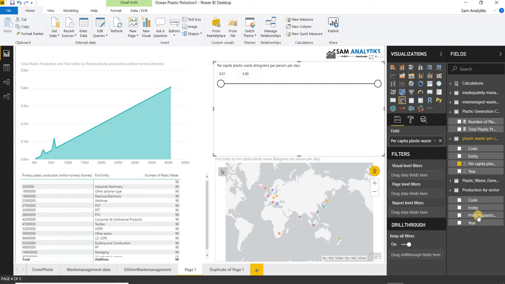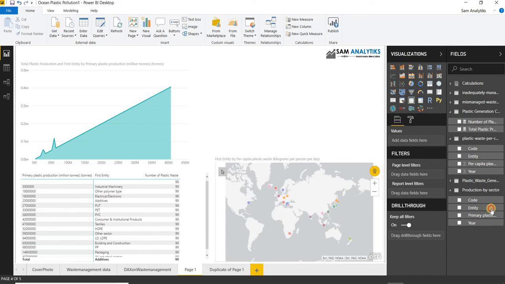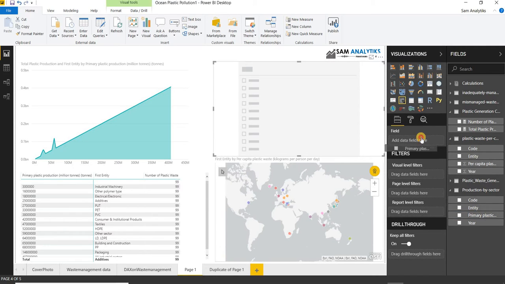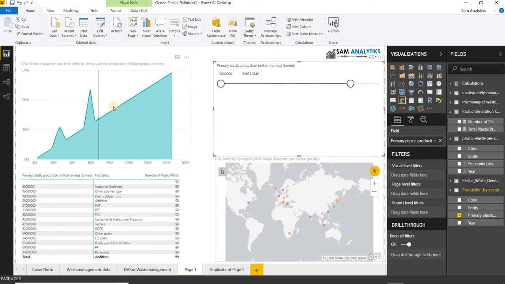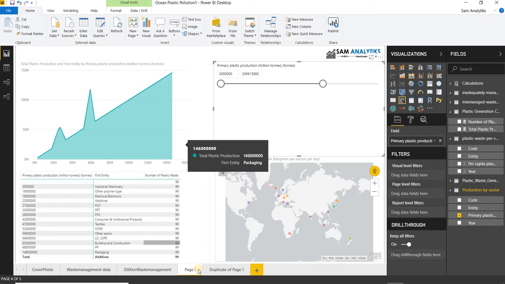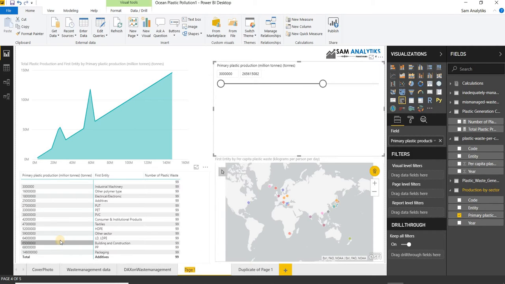But if I am taking the plastic production by sector and I simply remove it and I take primary plastic production by sector, you can see that the spikes are very well going to the top, and that is actually creating a lot of challenges and problems to this part of the world. So this was one part where the production sectors were creating a problem.